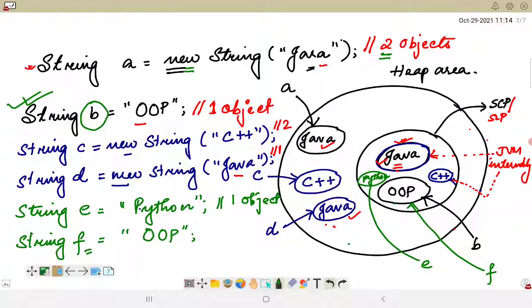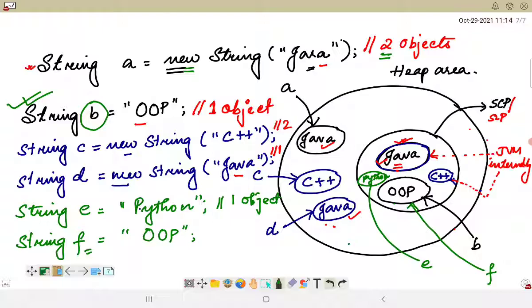The string constant pool is a very useful concept in Java programming, because in order to make use of different types of variables and objects, we need to understand how they are stored.